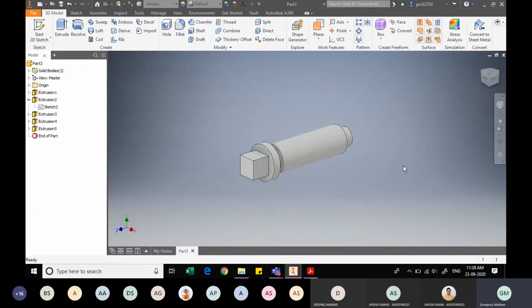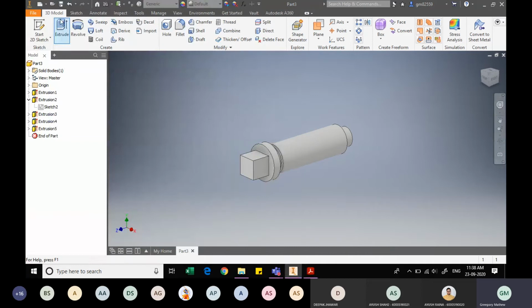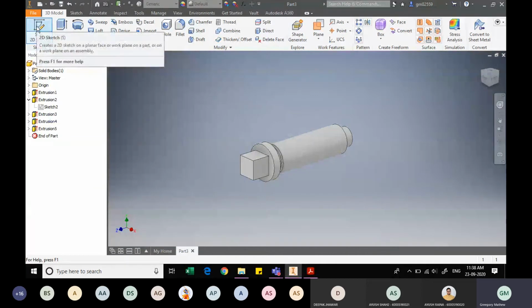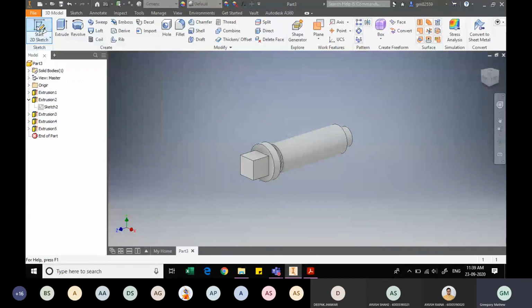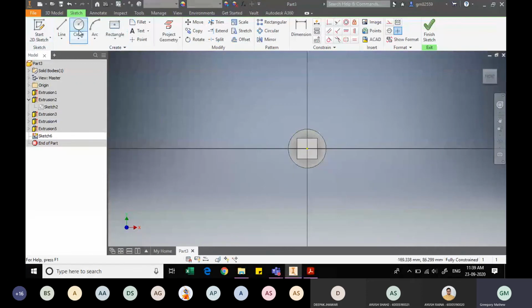Now we will proceed further. If you remember, to make this square head appear like the square head that you see over here, we need to first create a triangular sketch, and rotate the triangular sketch around a circular profile, as we had discussed. So let us create the circular path. On this face, I'm just creating the circular path. What should be the diameter of the circle?